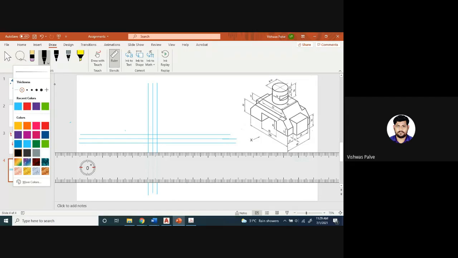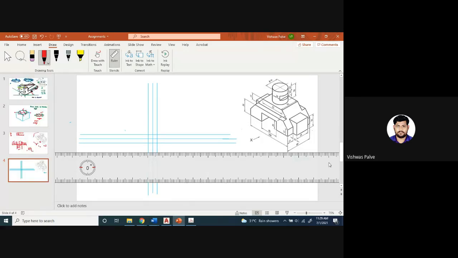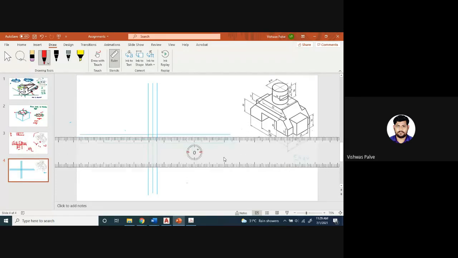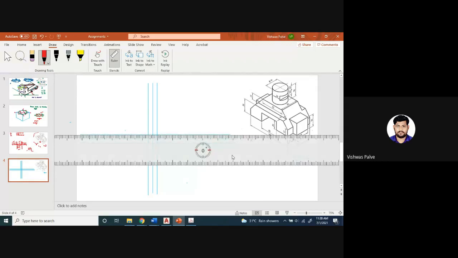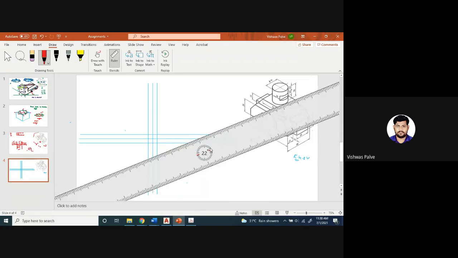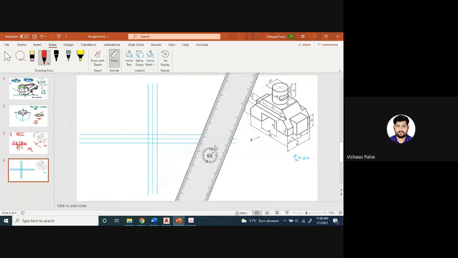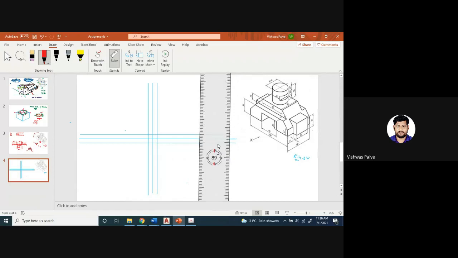how much is the total distance? It is having a distance of 120 millimeters. So you take 120 millimeter and you draw a center line. Okay, a reference line we can say, or a center line you can easily draw. So I'll take 120 millimeter horizontal distance, that is 60 millimeter. After taking 60 millimeter, you can draw a vertical center line.